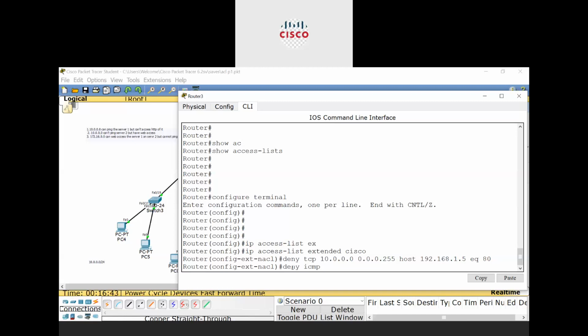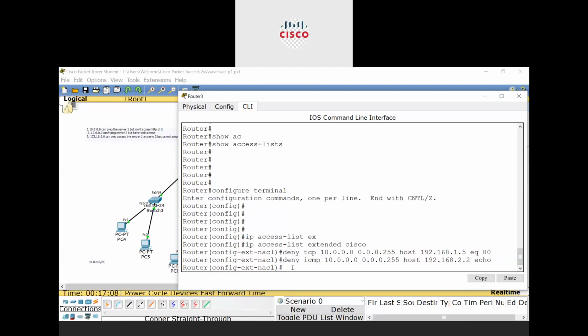So ICMP, the entire network I'm talking about, so the source network with wildcard 255, then to the particular IP of server 2. The IP is 192.168.2.2 and echo.